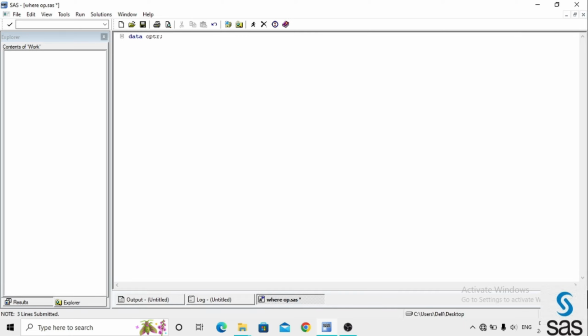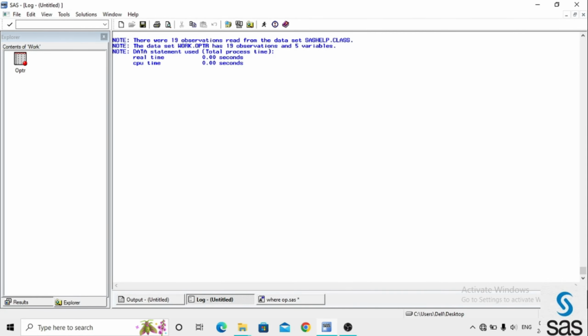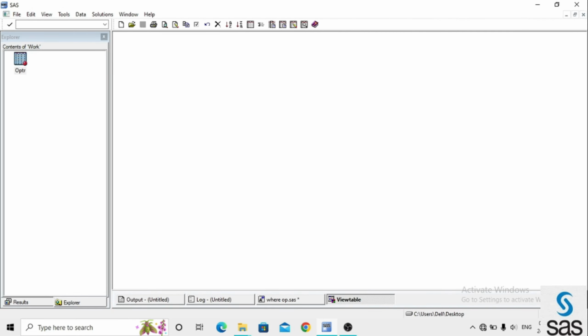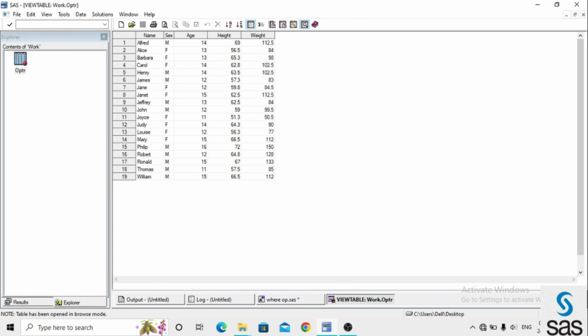For that we write the code: data OPTR, which is our dataset name, operator, and set sashelp.class; run. Before opening this dataset, we check the log, and the log is clear. Now we are opening dataset OPTR. Here we have the dataset OPTR and the variables are name, sex, age, height and weight.